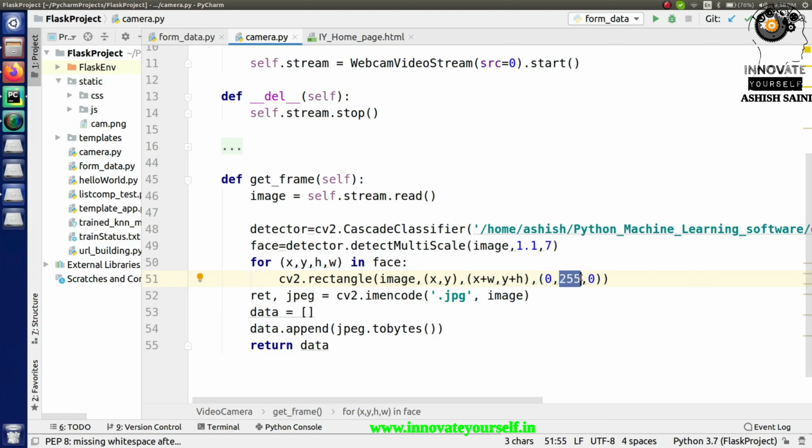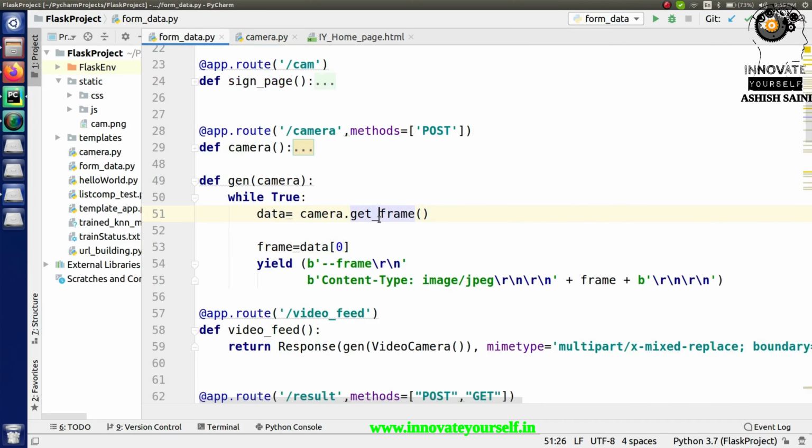And after that, the last one is that you are going to put the thickness of your box, like what will be the thickness of the line by which you are going to create a box around that, right? So for that, let's say I'm going to put 2. So this is the thickness for it, right? So this is what exactly I can do. And now whatever image you have, that image will come along with the boxes that are created as per this. So this is how it will create that part, and after that it will be encoded, and then it will be sent back to this form data, right, which we have already done in the last session, right?